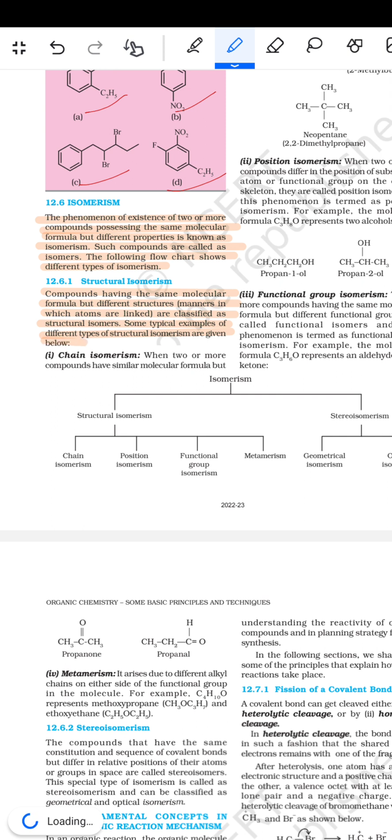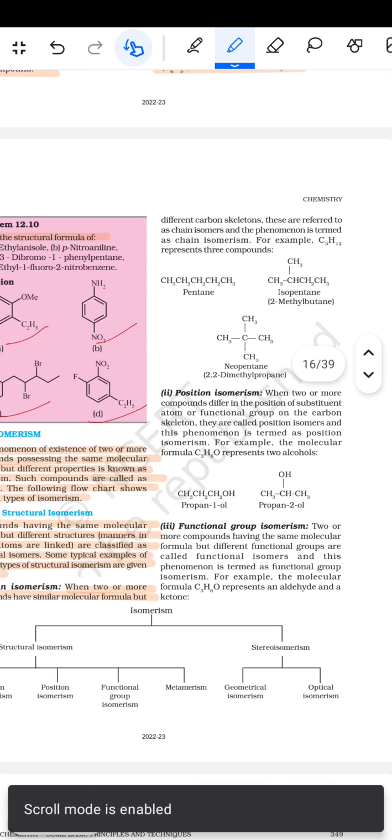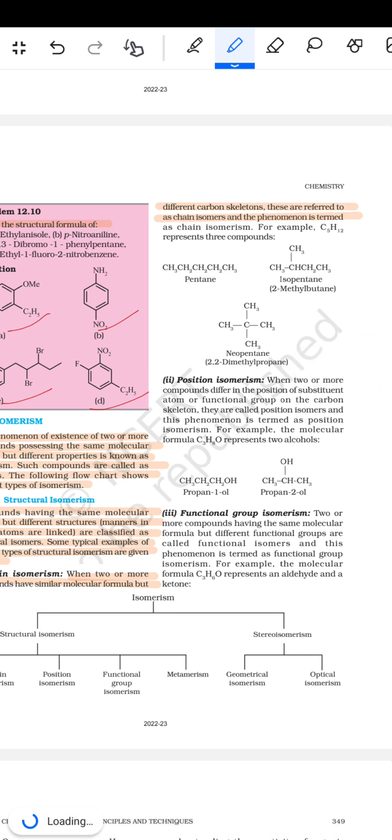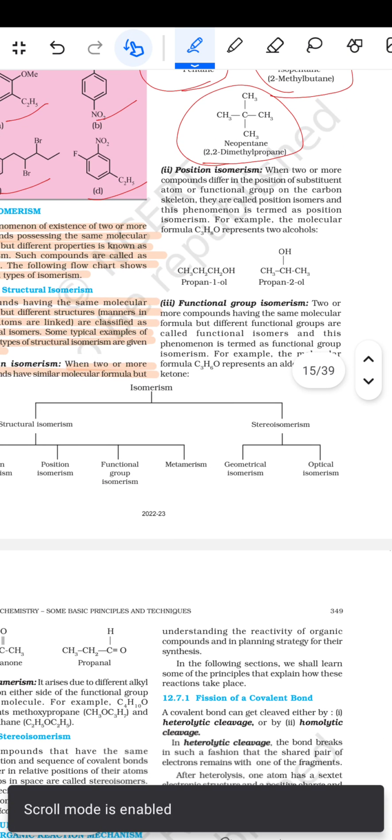Chain isomerism: when two or more compounds have the same molecular formula but different carbon skeletons, they are referred to as chain isomers, and the phenomenon is termed chain isomerism. For example, C5H12 represents the compounds: उसको आ जाता है पेंटेन, इधर आ गया आइसोपेंटेन 2 मिथाइल ब्यूटेन, और इधर आ गया नियोपेंटेन 2,2 डाइमिथाइल प्रोपेन का. फिर आता है पोजीशन आइसोमेरिज्म कि when two or more compounds differ in the position of a substituent